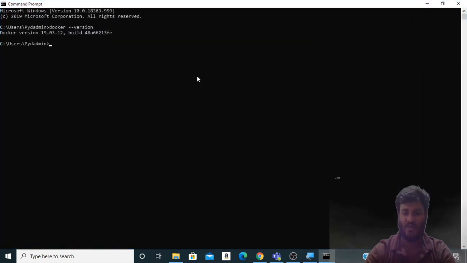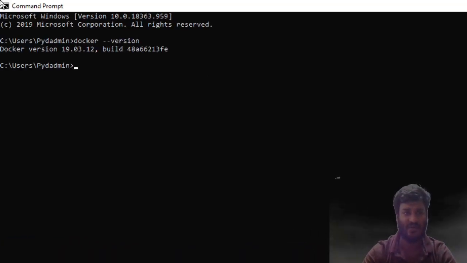Now you can see it is recognizing the command and showing Docker version 19.03.12. So Docker has been successfully installed on the Windows environment and now it is fit to use.